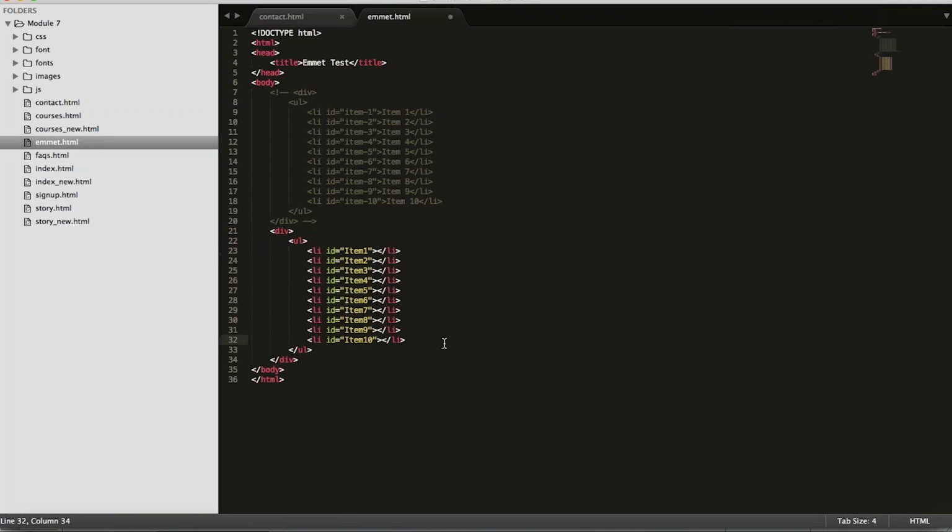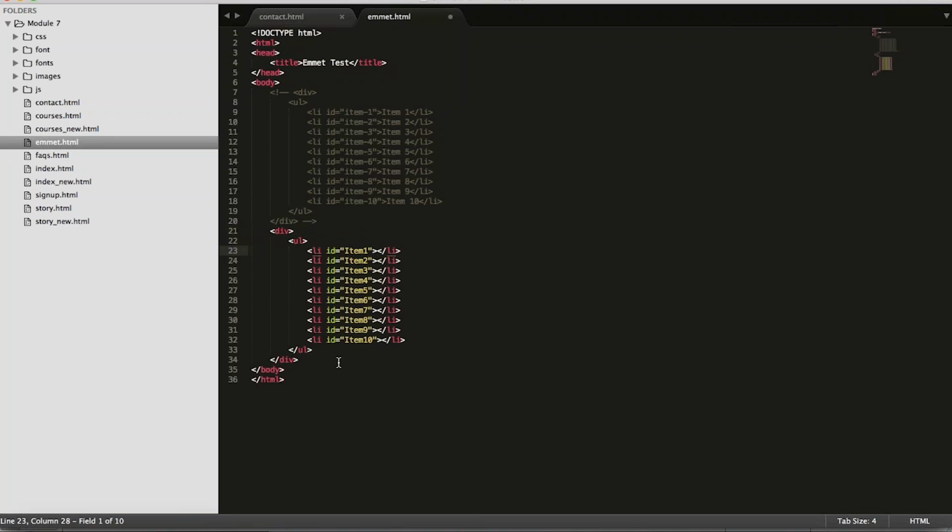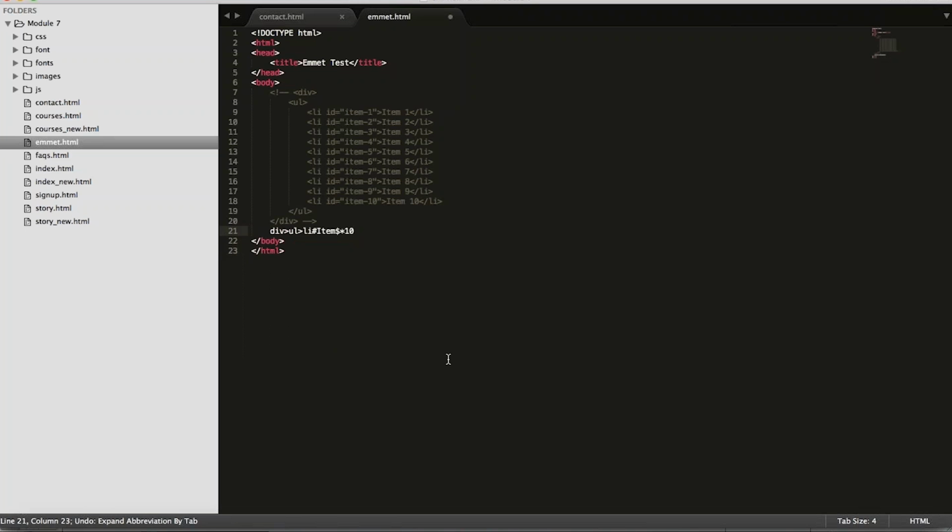You see, I just created a 10 item li by writing a single line. Isn't it a nicely formatted and very easy way to write code?